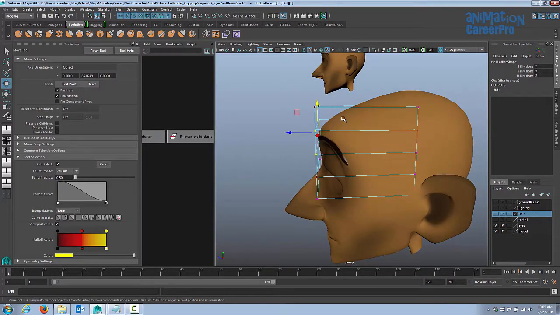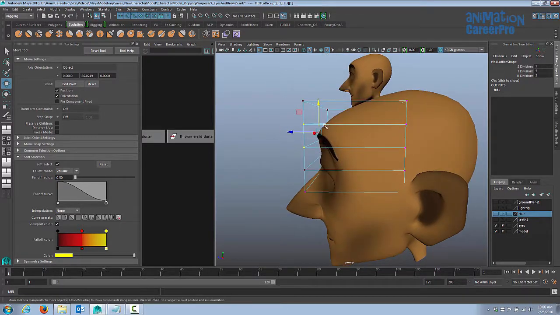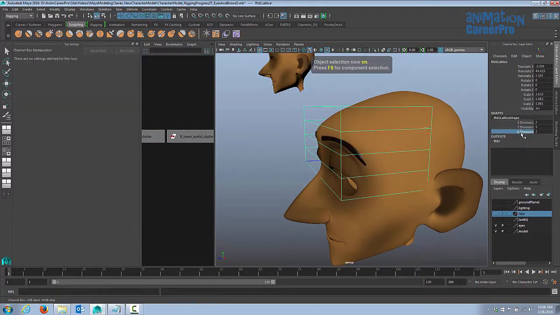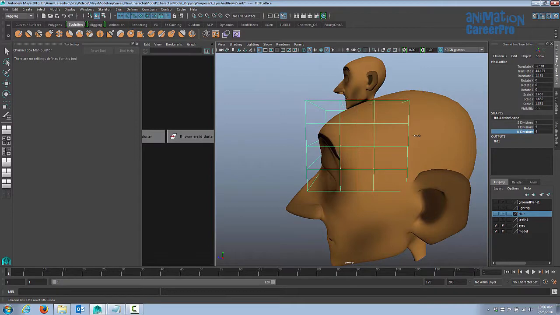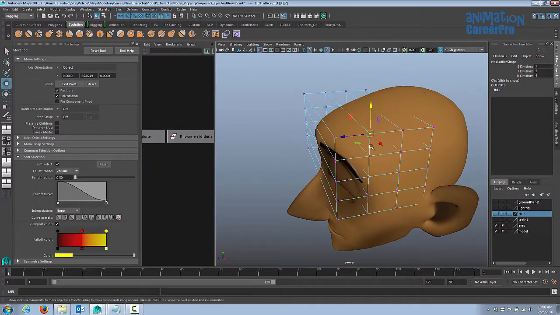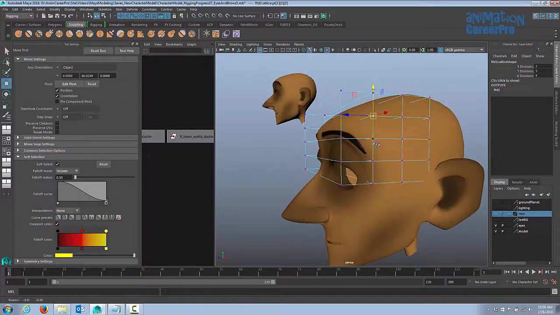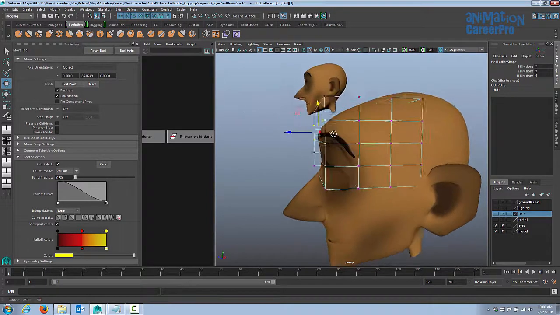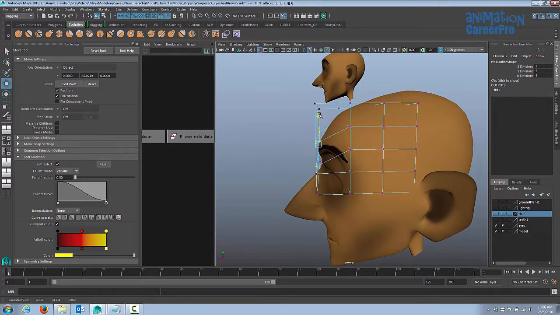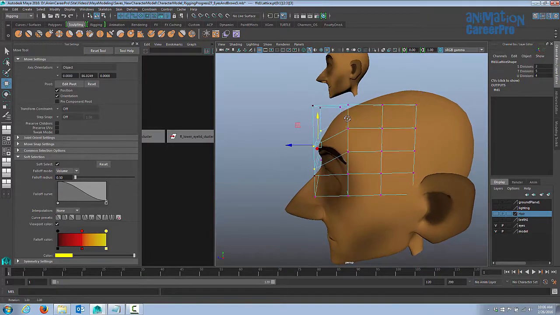But say I want to pin this area of the forehead so that I don't have to round it out later. We can just add a division here, 1 or even 2. These points are going to have influence on the head and sort of keep them pinned there. So now if I select these points and I want to bring the eyebrows down that way, you can see that it sort of keeps the top of the head up.